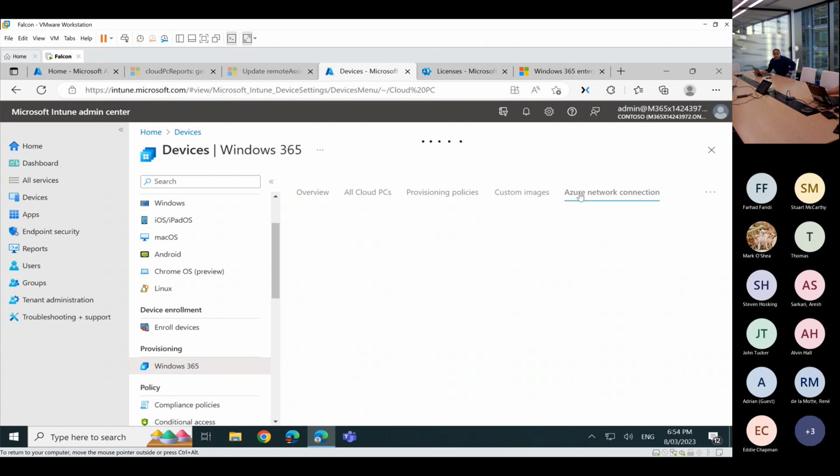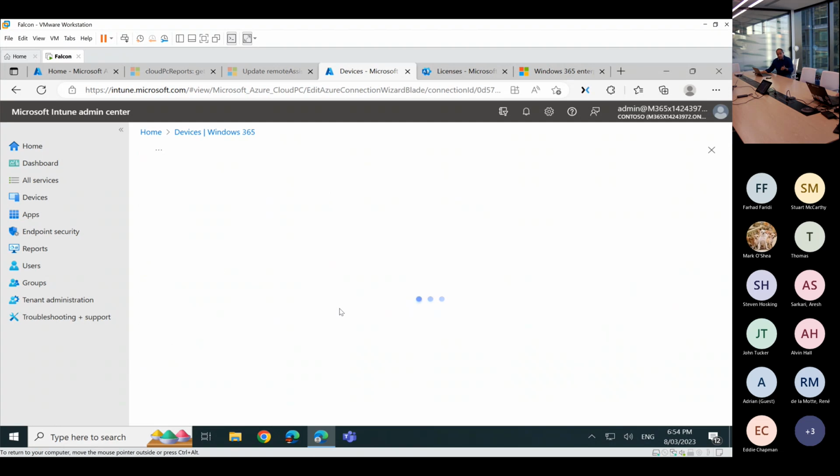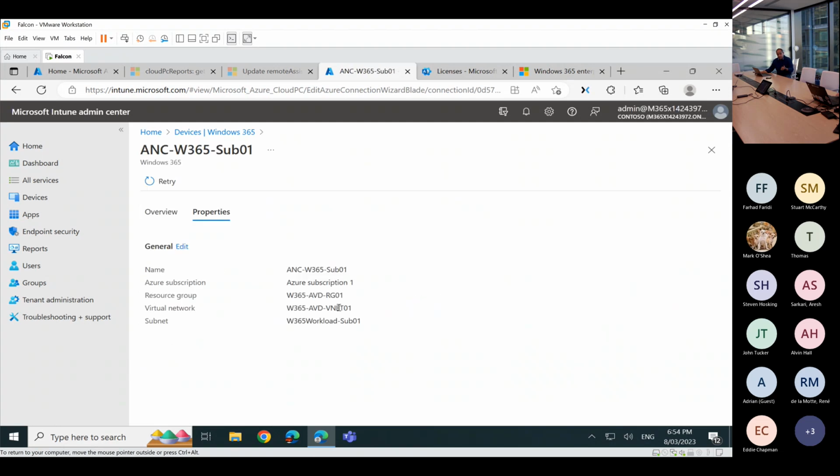Next is Azure Network Connection. Why this? You don't have to do Azure Network Connection as well. I was trying to simulate the on-premise connectivity from your Windows 365 desktop. We're trying to simulate how you would access your on-premise, and hence you need to do a VNet in Azure, which we're not going to take a look at how it's all done, but you need to have a VNet and a subnet created for all the Windows 365 desktops that are going to get created.